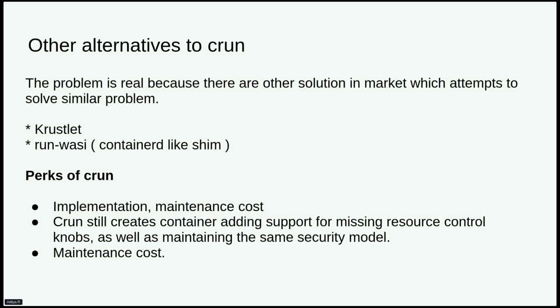And one more perk is that I don't see, as of now, resource control knobs for the WebAssembly workload. In CRUN's approach, since the outside layer is still made out of a regular container, the resource control knobs for cgroups are available. So you can set the maximum memory or the maximum number of CPUs allocated to your WebAssembly workload. That is still available, and I think it's a very big perk if your compute cost is involved.